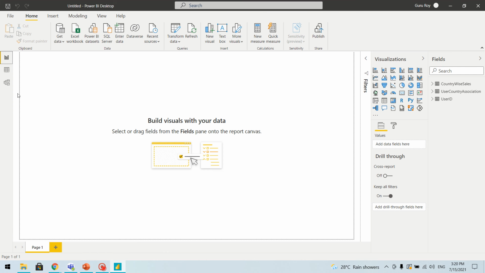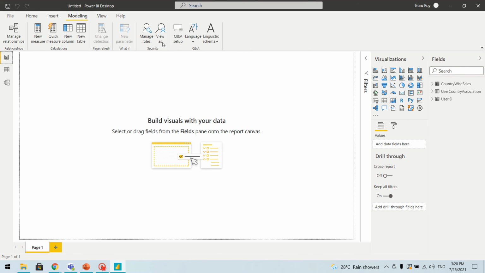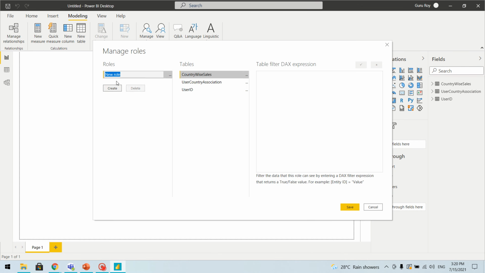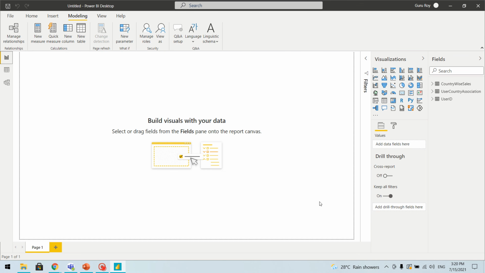So now we'll create a single role, and in that role we'll make some changes. What we have done earlier, we'll change it a bit. I'll name this role users, and you can see from this table I'll add a filter on username, and here for the username we'll put user principal name. So we have compiled and it looks fine. Let's save it.